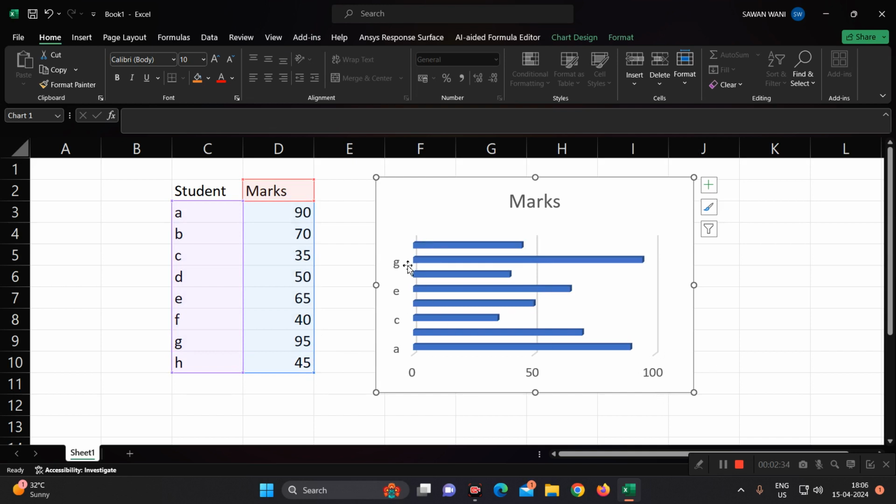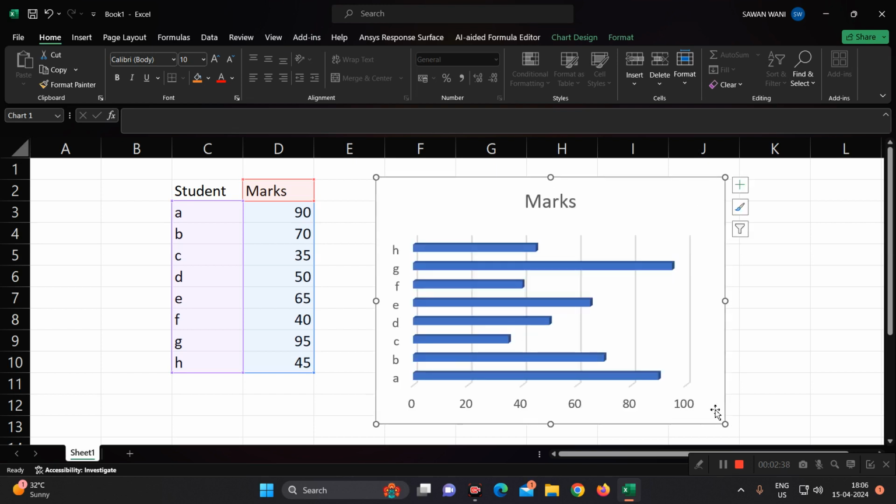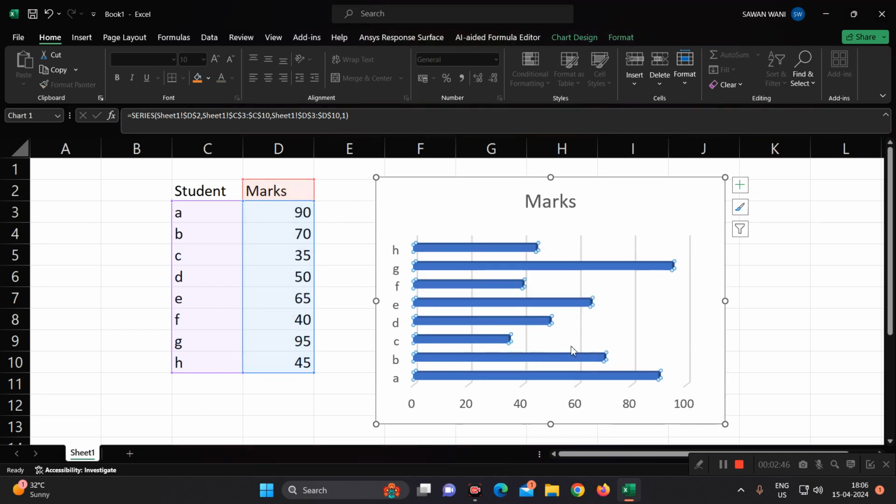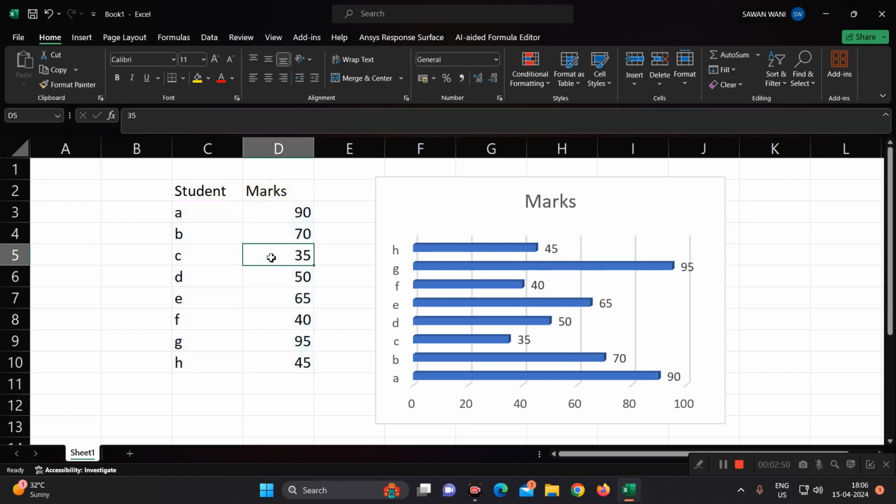And just, you cannot find all the chart names. So if you increase the size of the chart, you will get it like this. Click on this and click on add data labels so that you will be able to see the values. If I have to change the marks for C from 35 to 60, you just click here and type 60,